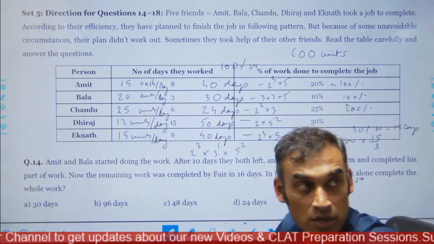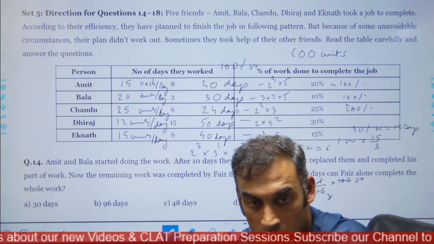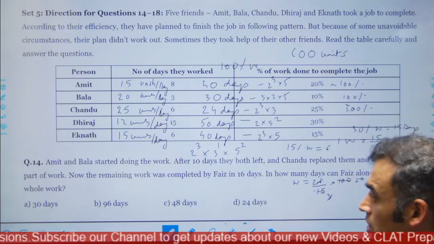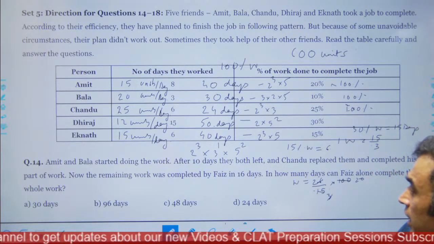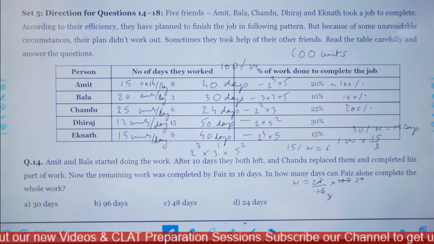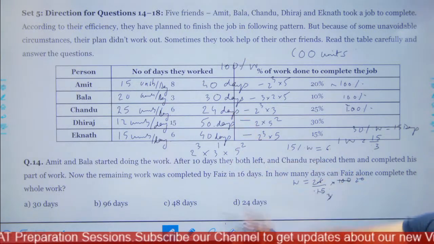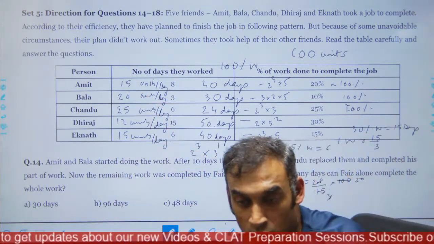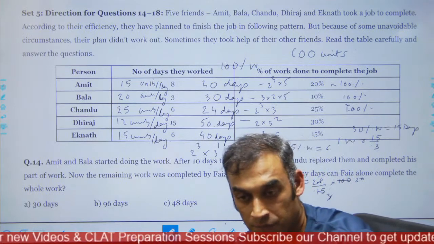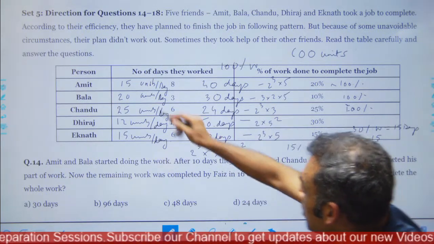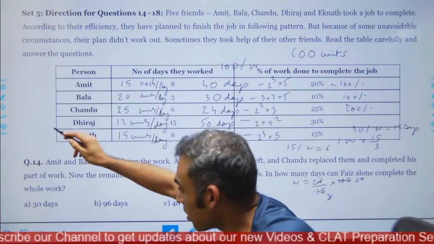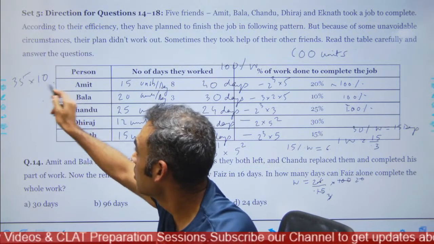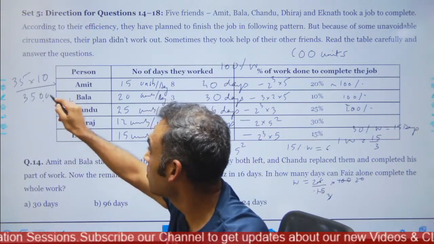So this we have done the basic working now, right? Now let's look at the first question. Amit and Bala started doing the work. After 10 days, they both left. Now, Amit and Bala, the first two chaps. So, one is doing 15 units per day and the other one is doing 20 units per day. So, together, they do 35 units per day. ये दोनों साथ साथ काम कर रहे हैं तो 35 यूनिट्स कर रहे हैं, ठीक है। So, 35 units per day into 10. That makes it 350 units इन्होंने काम कर लिया,